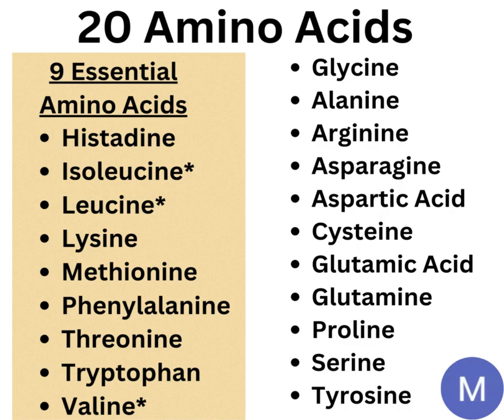That's just one example. But keep in mind, all of these 20 amino acids play key roles in different functions within the body that I mentioned on the previous slide. Now, on the left, in the 9 essential amino acids, I put an asterisk next to 3 of those amino acids: isoleucine, leucine, and valine. These 3 amino acids make up what is termed the branched chain amino acids. These 3 amino acids stimulate specifically muscle growth pathways within our body, and they're very much promoted in the fitness